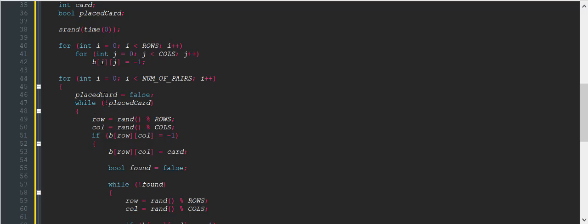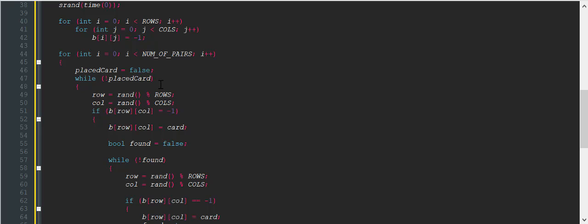So then we have placed card is equal to false at the beginning of the for loop, because we haven't placed down a pair of cards. And now while we haven't placed down a pair of cards, then we try and